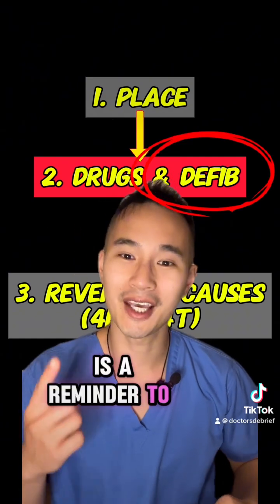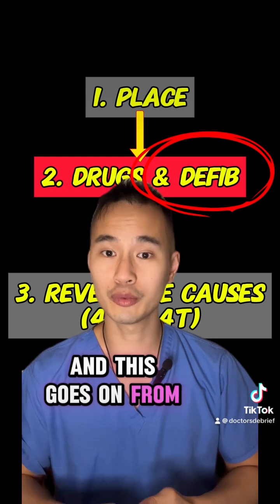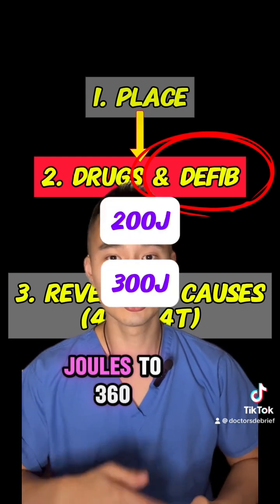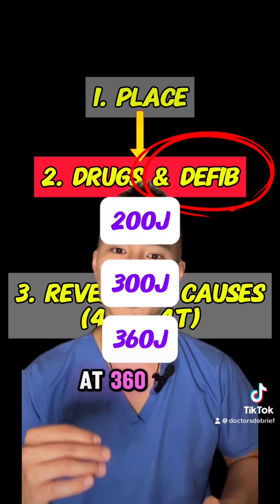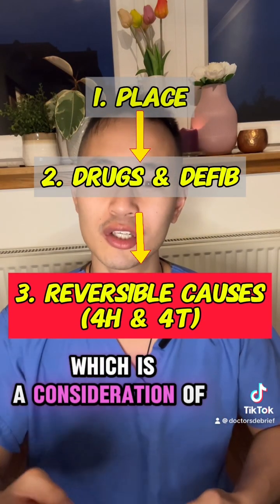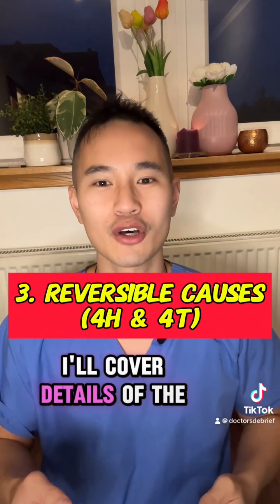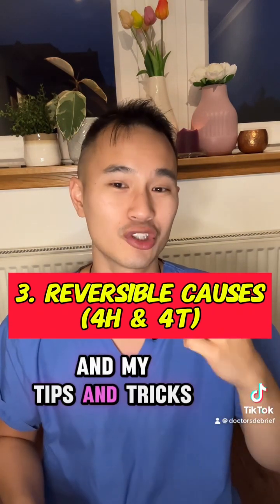Defib is a reminder to increase the defibrillation energy after each unsuccessful shot. And this goes on from 200 joules to 300 joules to 360 joules, and then it stays at 360 joules thereafter. Then we come to the last step, which is a consideration of the reversible causes using the 4 H's and 4 T's. I'll cover details of the 4 H's and 4 T's and my tips and tricks for them